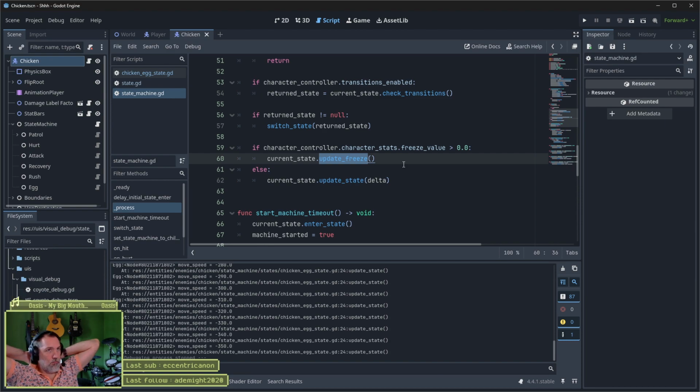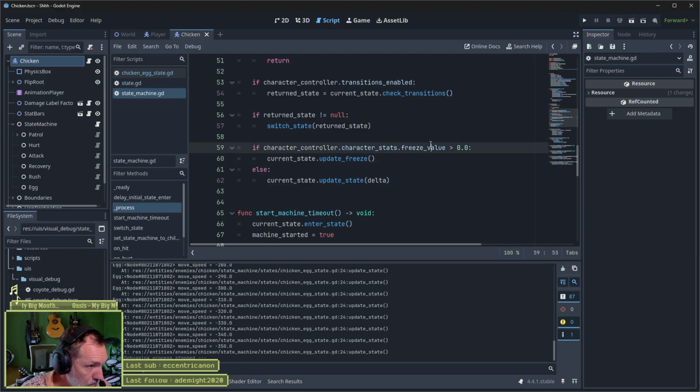Does that make sense? I'm not frozen, I'm just dead actually. So this freeze value